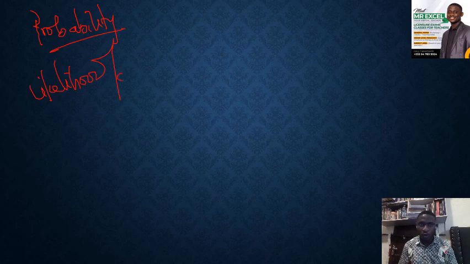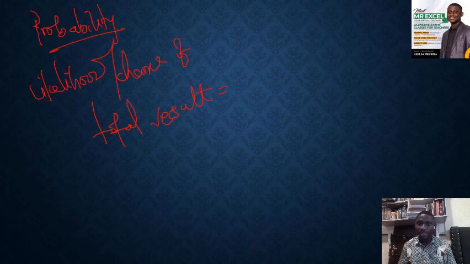So what then is probability? By probability, we are trying to say, what is the likelihood or the chance of something happening, the chance of you winning, the chance of you getting the right side. That is probability. So in the case of a head and tail, all the time in probability, we have two things that are always known. They are always definite. We know what the total result is likely to be. We call it the total outcome. It is also called the sample space.